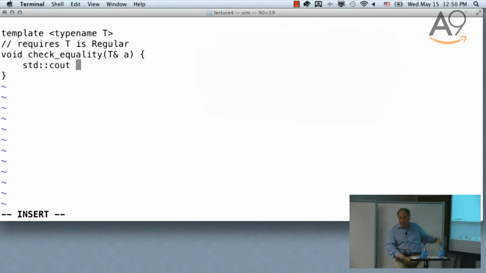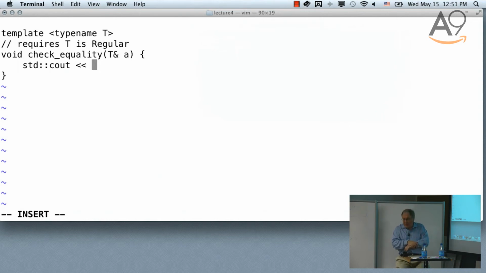Cout, put to. This thing is called put to. I didn't know it till 5 days ago. Some other people call it insert. Some people call it input. But Bjarne calls it put to. So cout put to